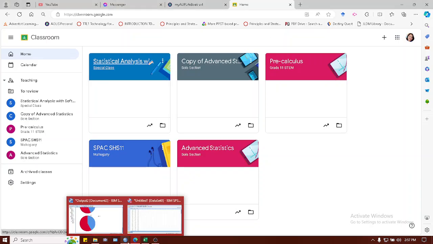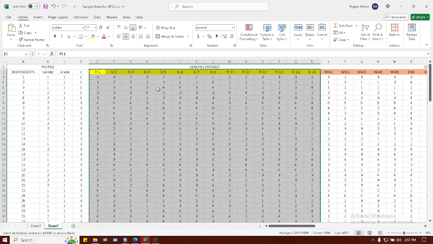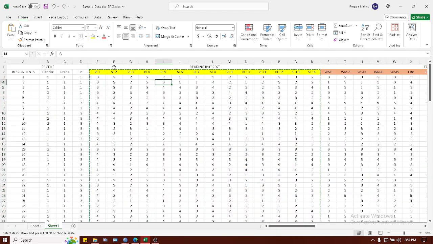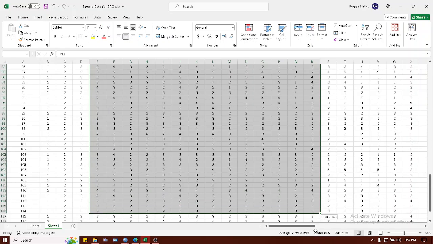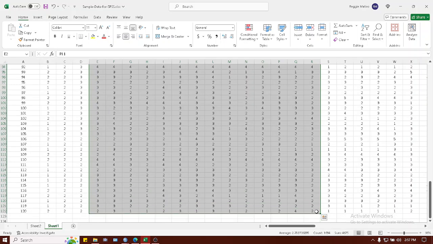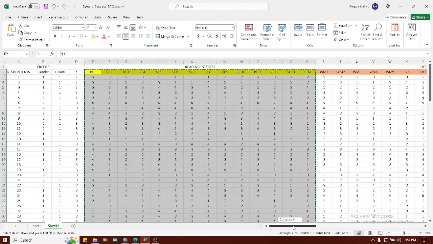So this is how I'm going to transfer the reading interest to SPSS and then get the mean and other needed statistics. So I will do the reading interest. You will do the rest of the file in this example.